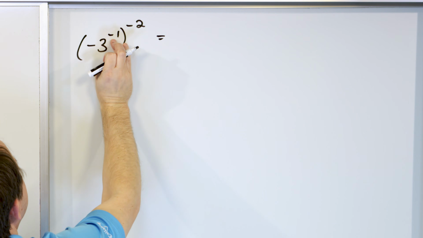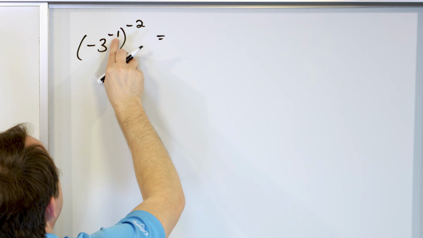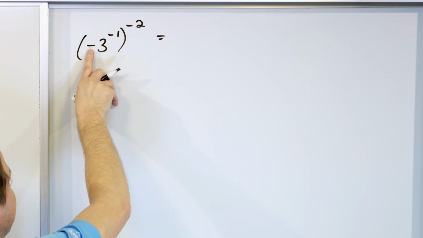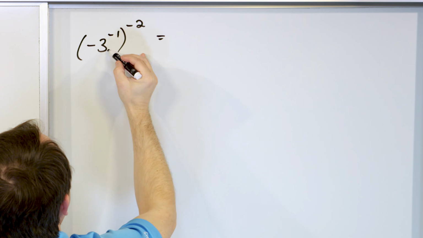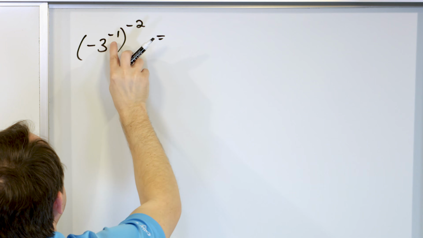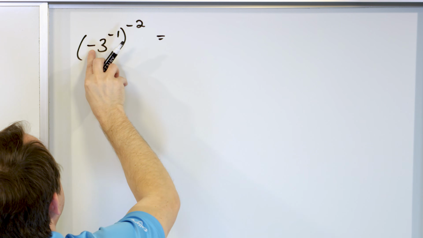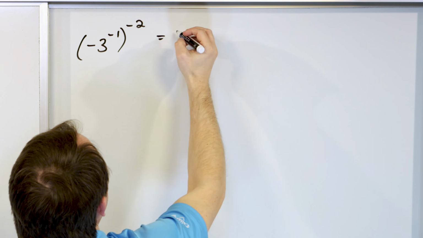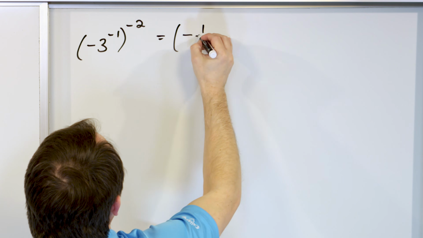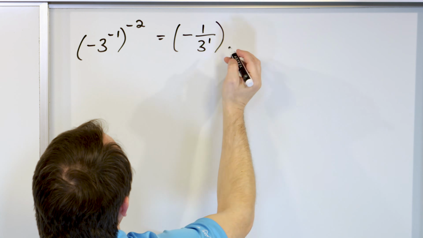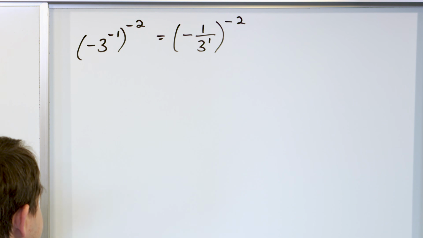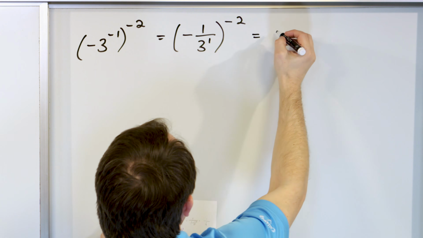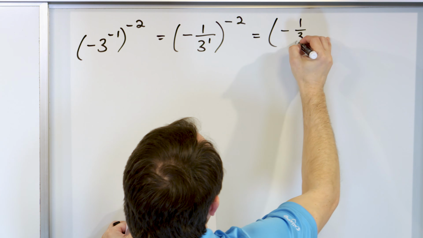We have negative 3 to the first power. Now this negative 1 exponent does not apply to the negative sign here because there's no parentheses around it. If I had the whole thing wrapped in parentheses, then it would apply, but when there's no parentheses, the 3 gets the negative 1 exponent. This negative just sits outside. So what you really have on the inside is negative 1 over 3 to the first power, which is 1/3, of course. All right? So what you have is, just to be 100% clear, you have negative 1/3 to the